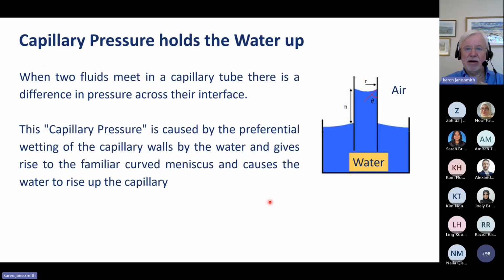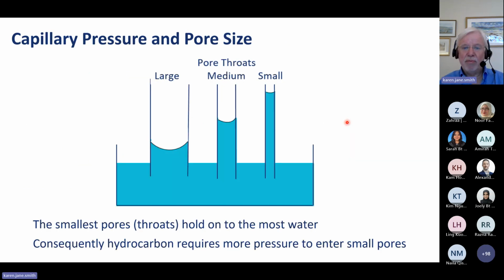And this is a capillary tube. And you've seen this, and the water rises up inside the capillary due to this massive electrostatic force, and has this characteristic meniscus. But you probably didn't realize the meniscus is actually bigger on the outside of the capillary tube because the surface area is bigger on the outside than the inside. And you probably noticed that if you have different capillaries, the smaller capillaries pull the water up the most. In the reservoirs, we're actually looking the other way around.